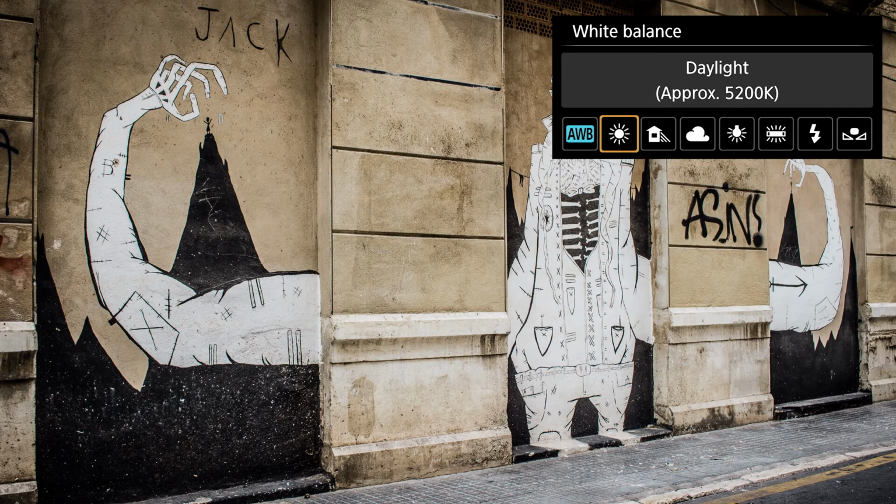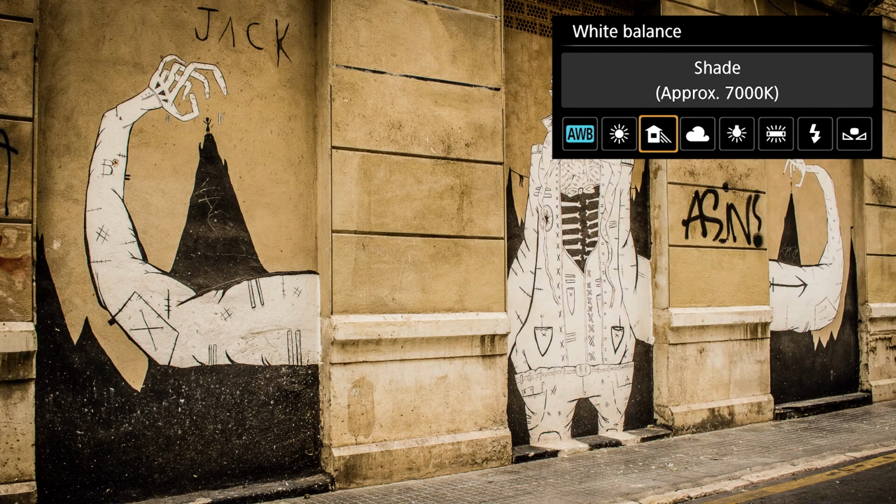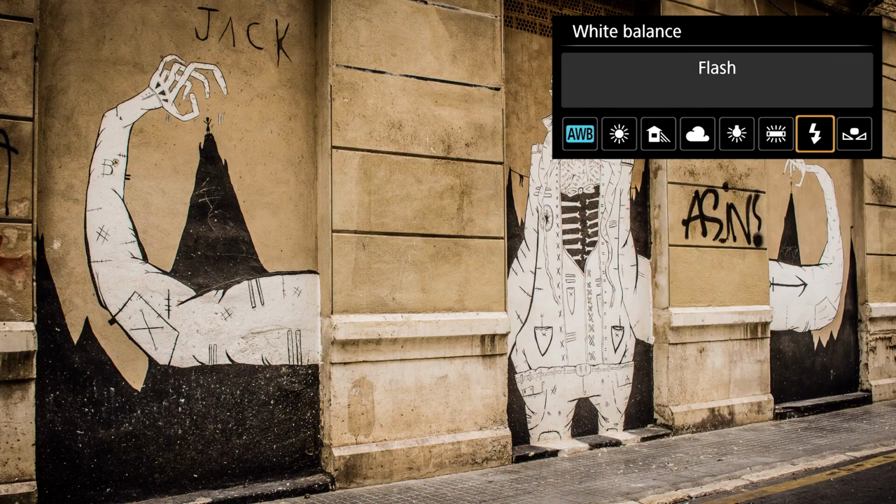So back to the exercise, we are in a shady place, and as you can see, it's cloudy. The sun doesn't shine directly on the scene. As the natural light of the scene is cool, we are going to use the shade and the cloudy icons, which are perfect for this kind of situation. Then we'll notice that the image gets warmer. This effect works really well in this type of scene,